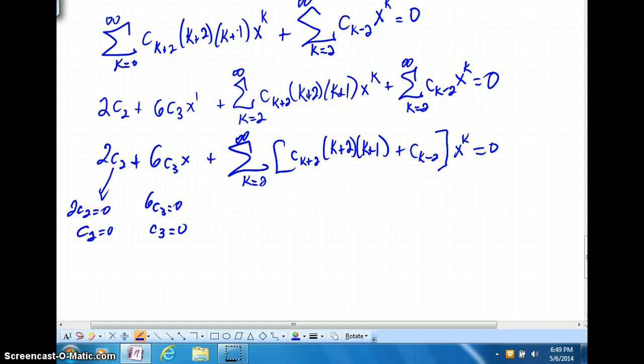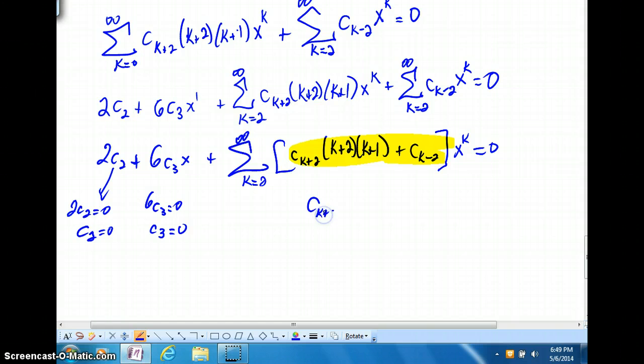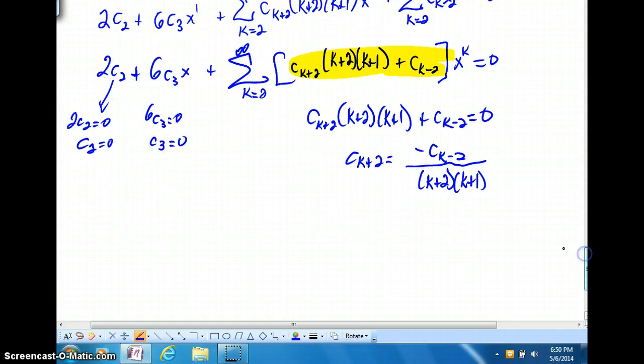Take a look at inside sigma. Very, very important right here. That must equal 0. So I'm going to have c sub k plus 2 times k plus 2 times k plus 1 plus c sub k minus 2. That must equal 0. I'm going to solve for c sub k plus 2, and I hope it's pretty obvious. You have to subtract c sub k minus 2 and then divide by those two parenthesis values. Alright. Well, at this point, I hope you can see we're going to start generating